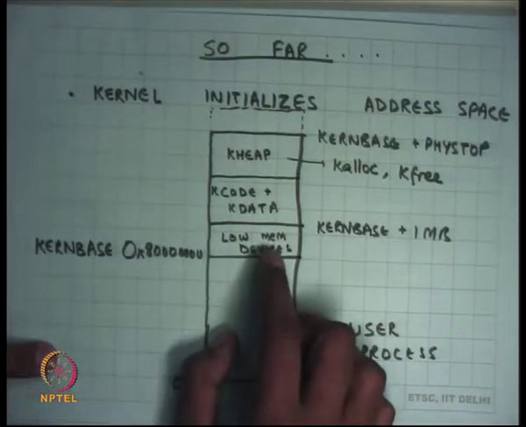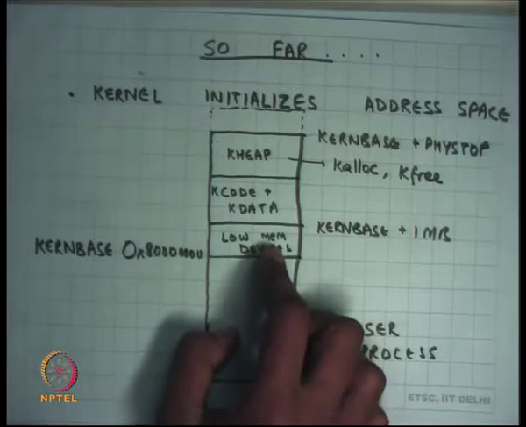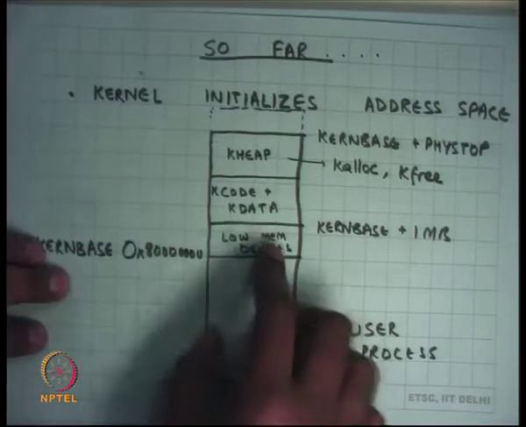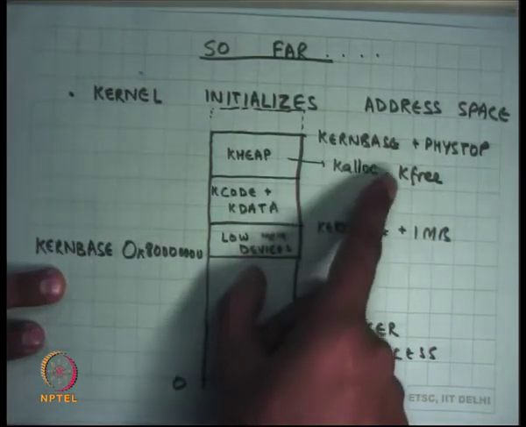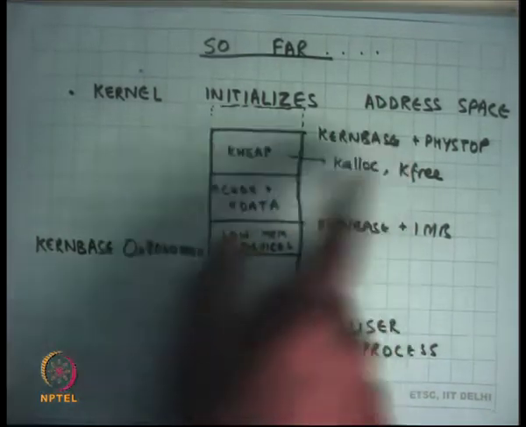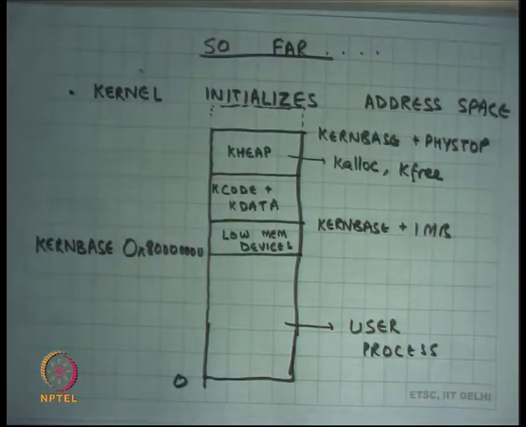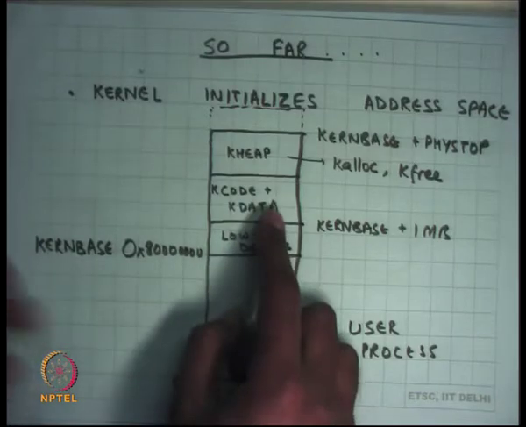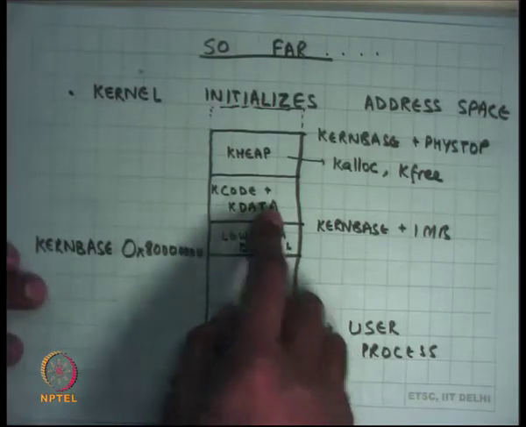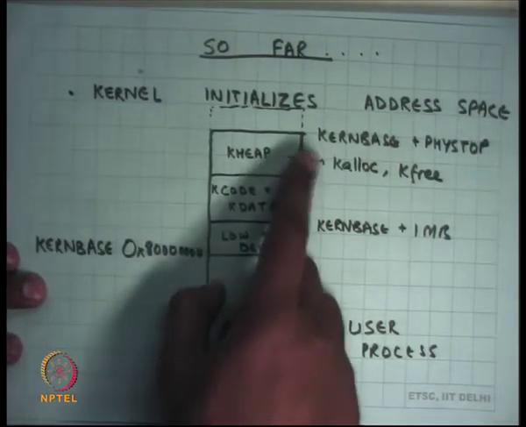The first 1 MB is for low memory devices, it just maps it one to one to the physical memory. In fact, the entire space from KERNBASE to KERNBASE plus PHYSTOP is mapped 1 to 1 to physical memory from 0 to PHYSTOP, right. It loads the kernel's code and data in this area, right,